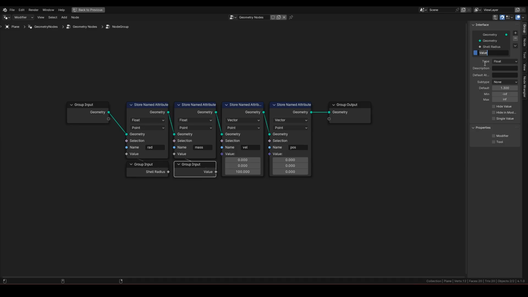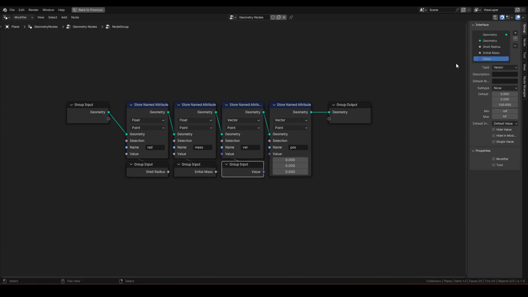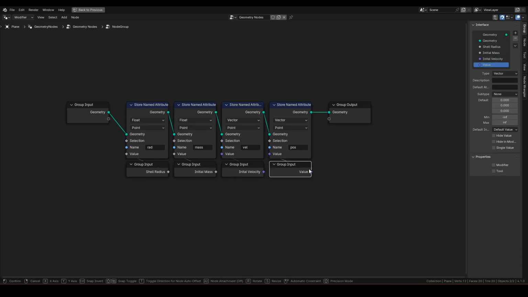This one to initial mass. Initial velocity. Lastly, to initial position.